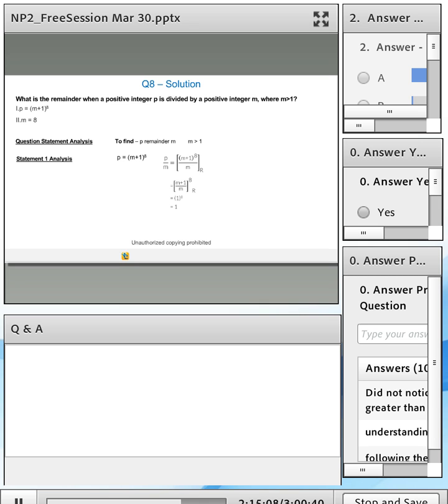Now I can apply the concept that I've learned, that I can simplify my calculations by taking the power out. So I calculate the remainder when m plus 1 is divided by m, and then I raise that remainder to the power 8. Now if I simply make observations here, this over here is applying the concept, and this is making observations. m plus 1 divided by m is going to give you a remainder of 1. 1 raised to the power 8 is 1, and that's your answer.